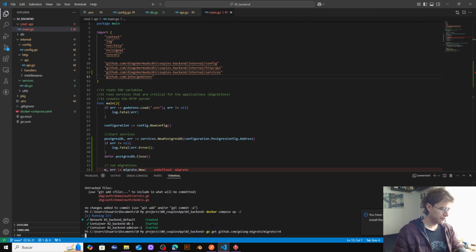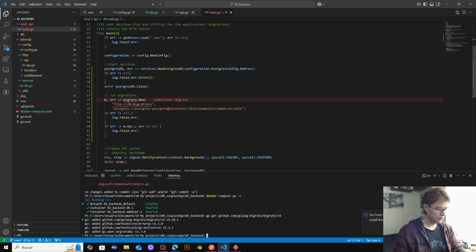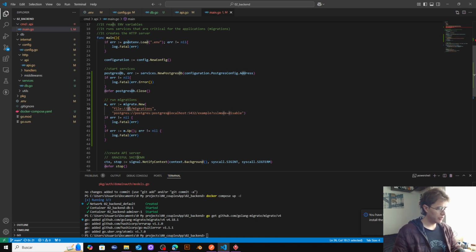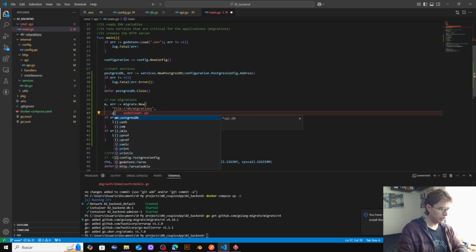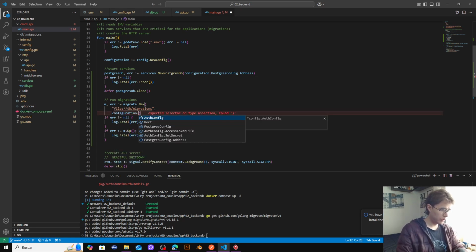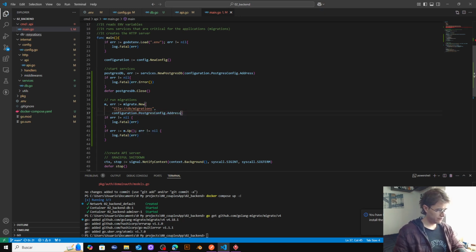Go get, already migrate.new. So the file will be in db migrations. Yeah, that's the path, and the database will be Postgres, I mean configuration Postgres config.address, and then m means error, okay, m up, if error is different to nil, and